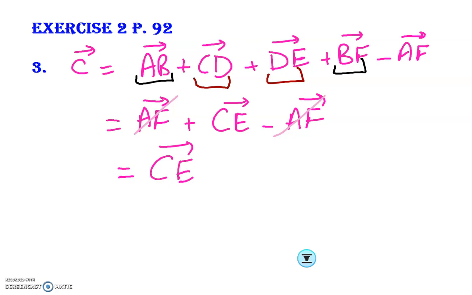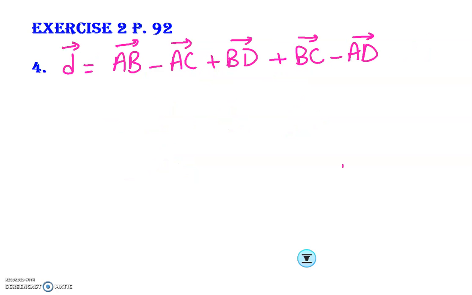Now the last part, part 4, we have the following. So notice here, AB plus BD, we can combine them together to get AD. We could have used also BC instead. So I'll write this as AD using Chasles's rule. And I will flip everything negative to positive. So this becomes plus CA